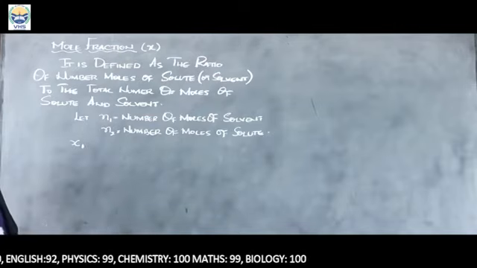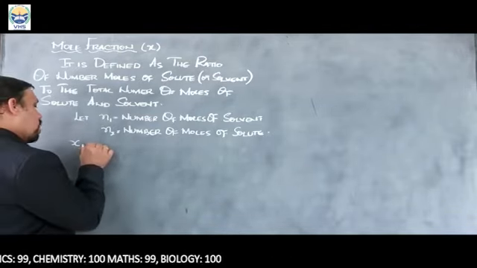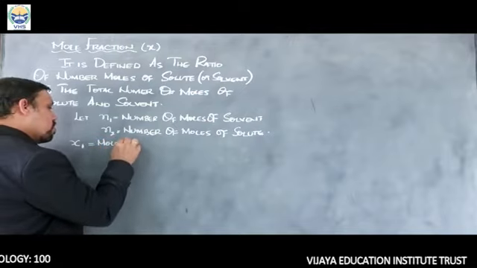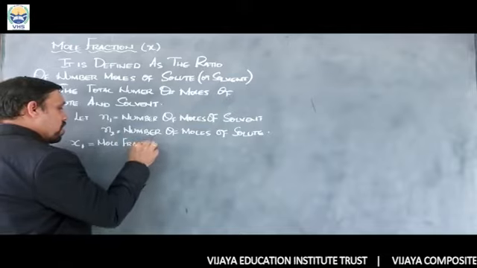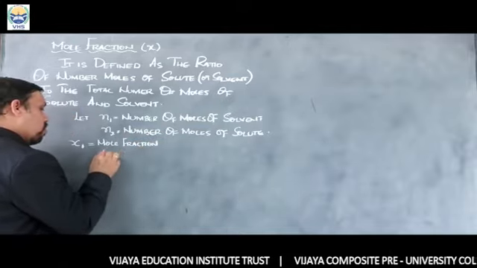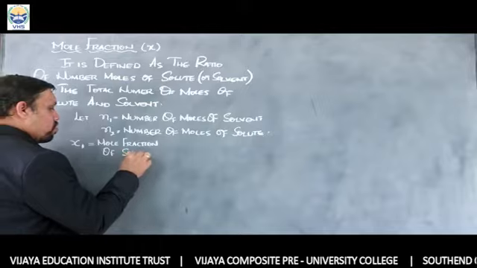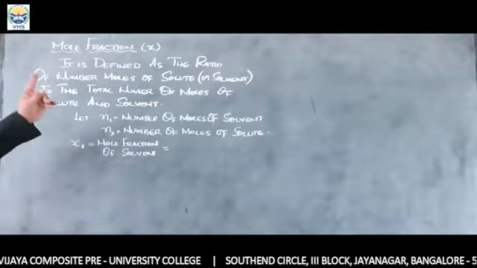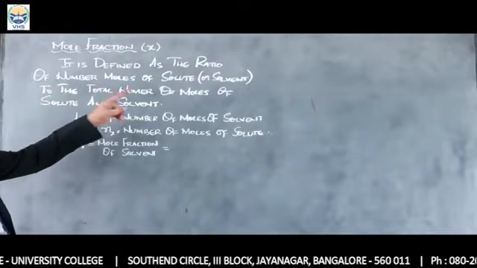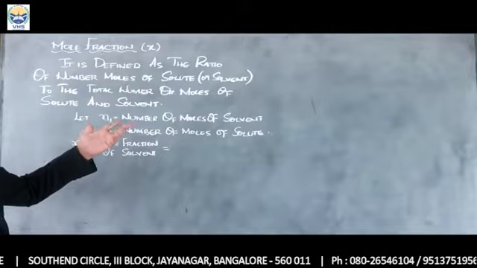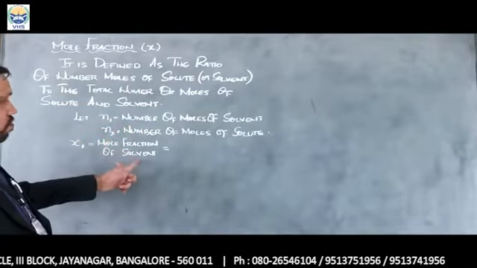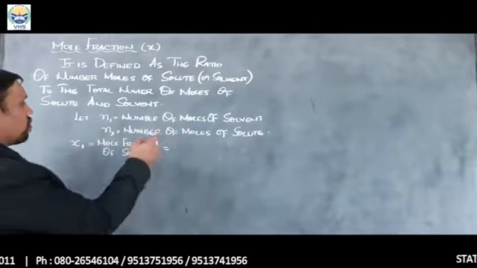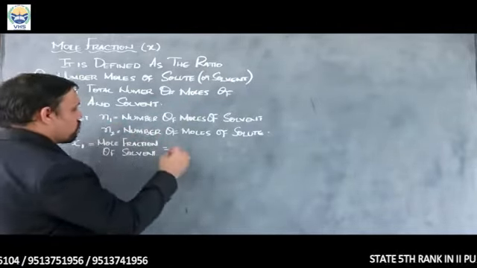Mole fraction of solvent. So mole fraction of solvent is equal to, now you can see, it is defined as the ratio of number of moles of solute or solvent. What are we talking with respect to? We are talking with respect to solvent. So we will be taking solvent. How do we represent the number of moles of solvent? We will be representing the number of moles of solvent as